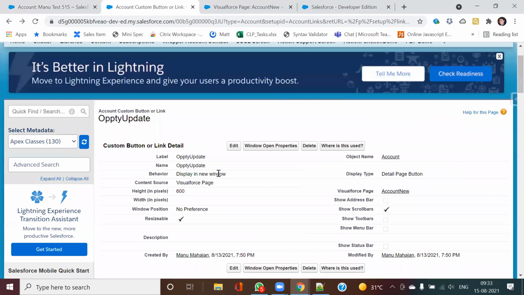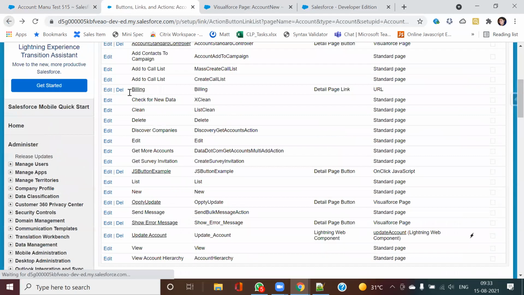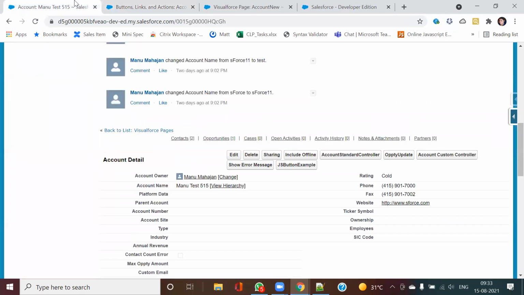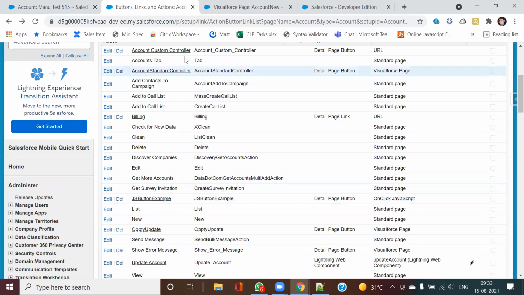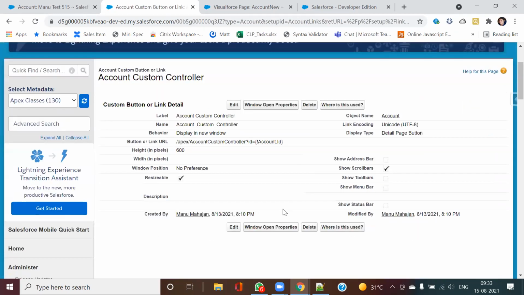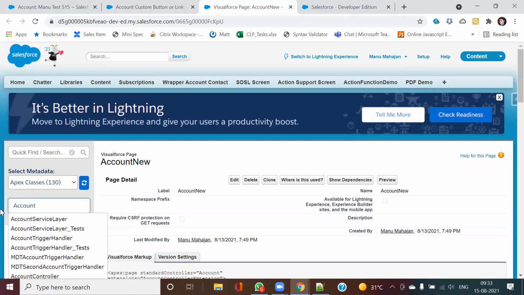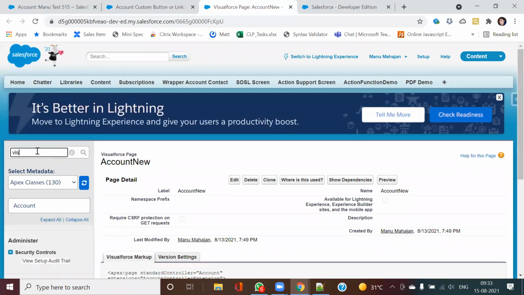Okay, so just check the button name. The name of the button, account custom. Yeah. So here, if you see, Apex custom controller is the name of the page. Oh, sorry, I'm searching the Apex class.